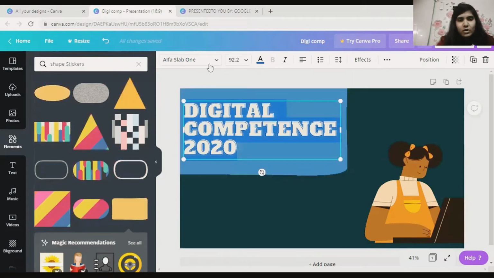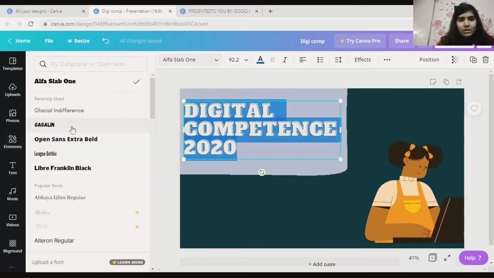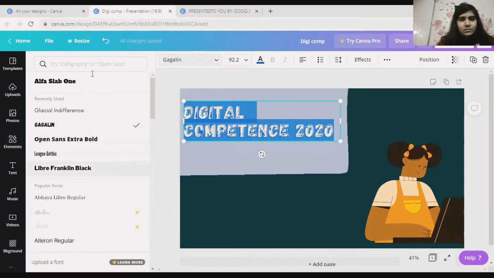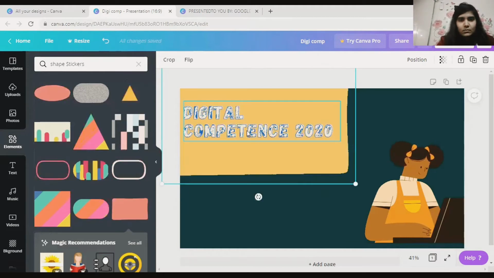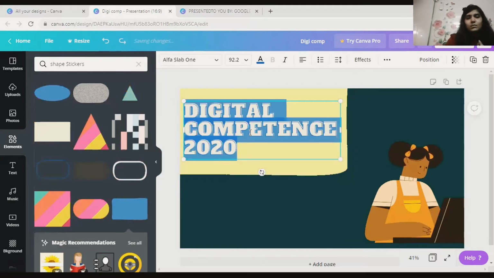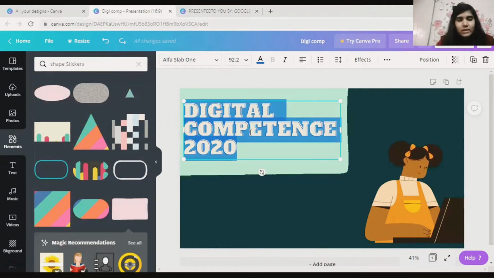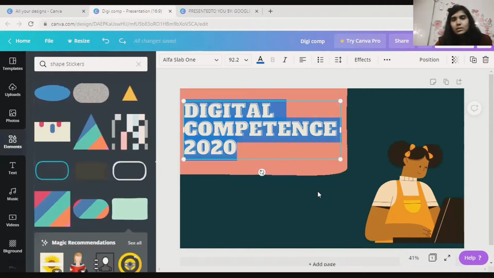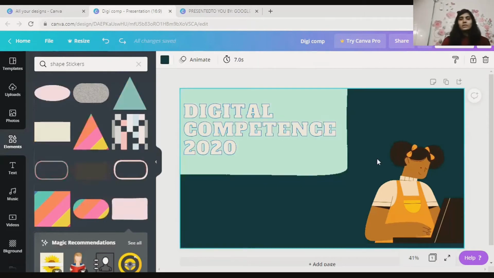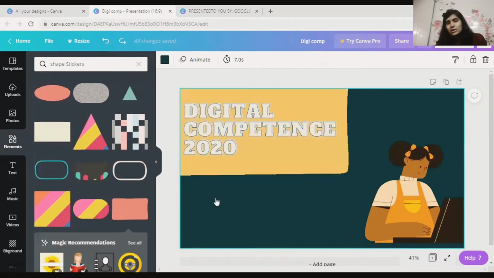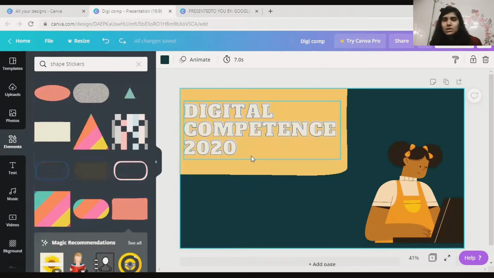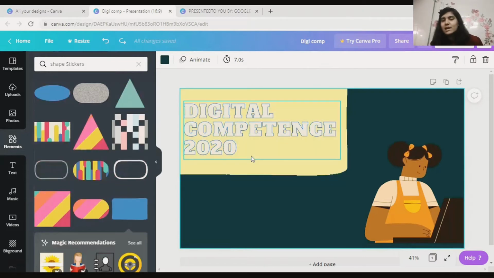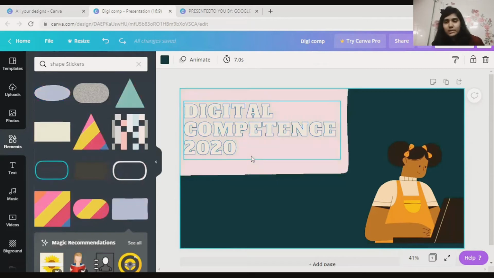You can also change the format according to what you like, right? If I want to change it to this format, I can always change it to this format. According to that you can always select what you want to do, right? Okay, so now you can see it is looking like this. So rather than just having text and the normal PPT that we use without any animation, you can make use of these kind of things that are already freely available for designing.